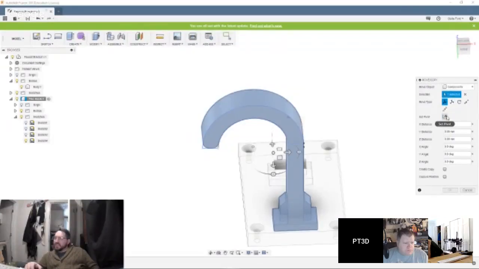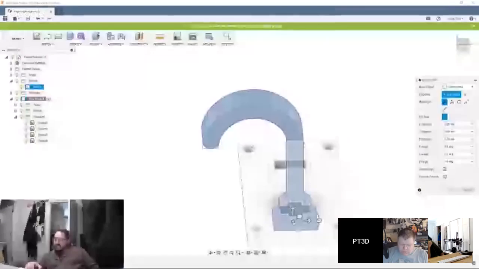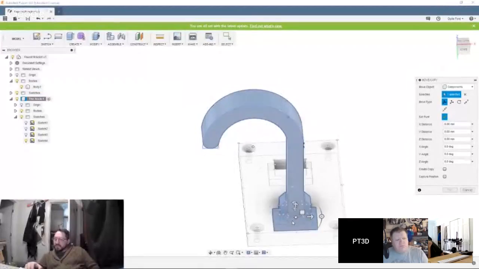You mean set pivot? Yeah, there you go. Just click that. Yep. And then move it around to wherever you want it. If you hold your control or command key down, it won't lock onto anything anymore. Although that's probably a good spot right there.